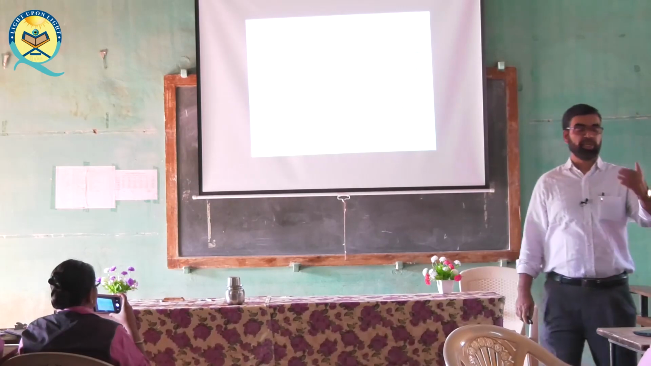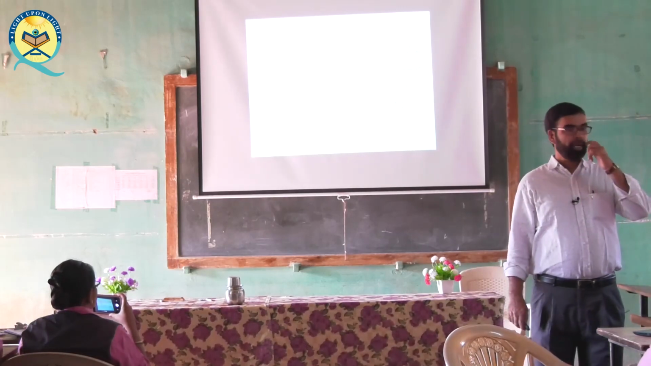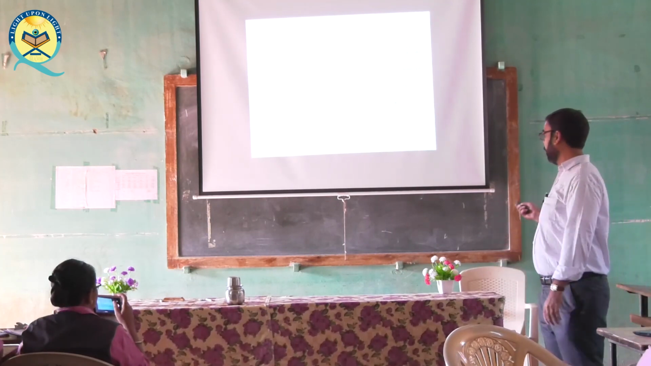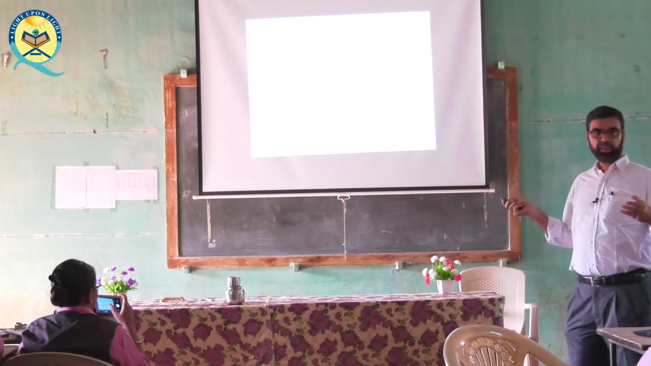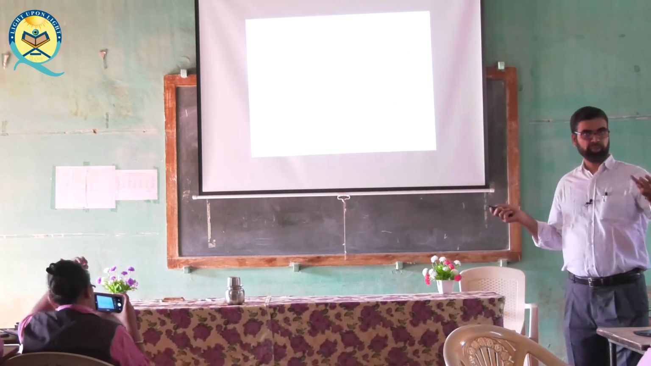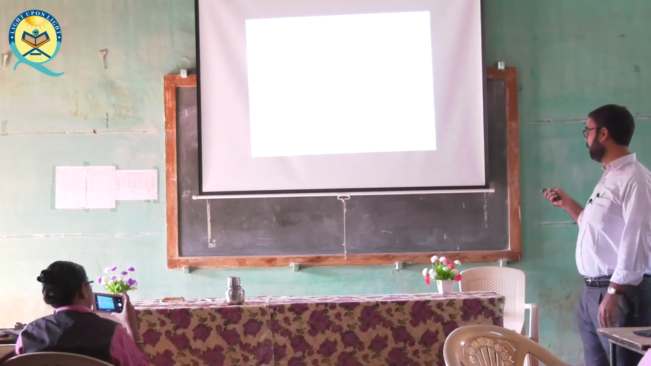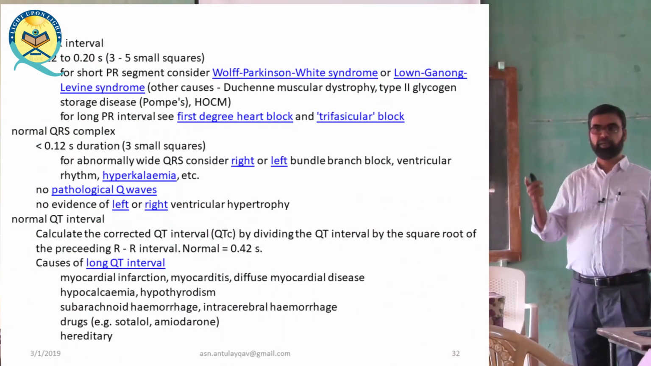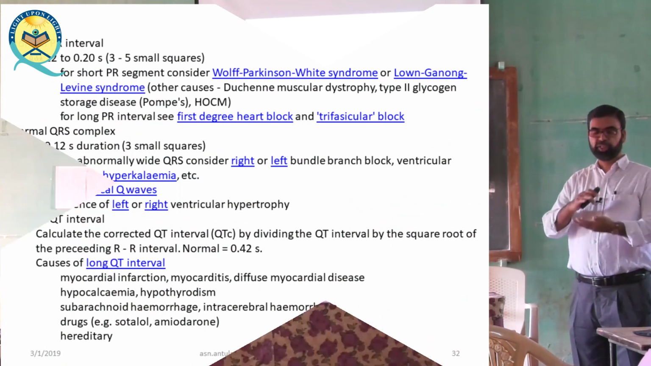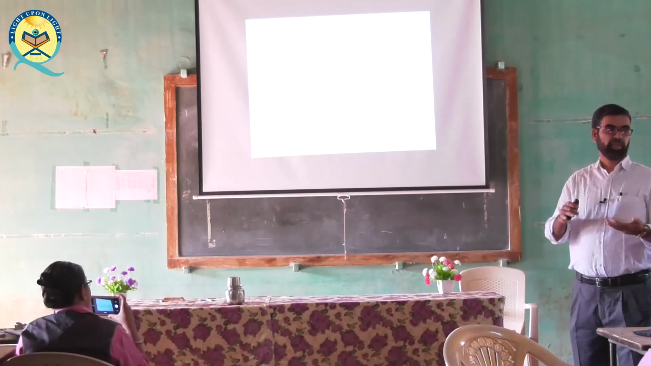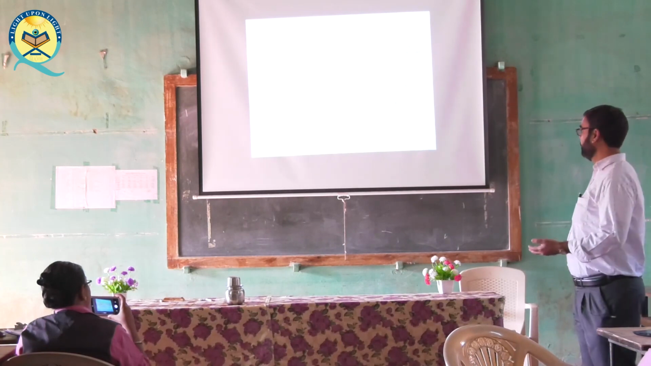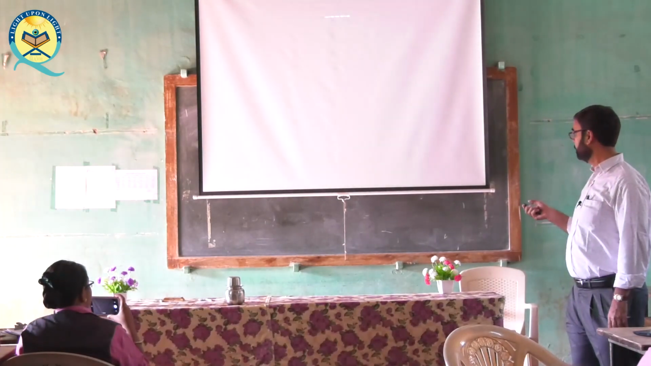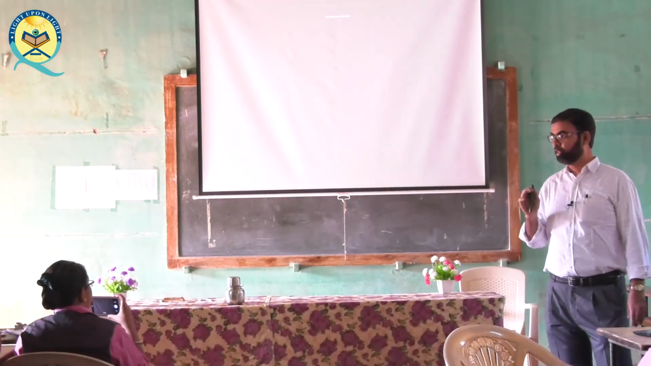The ST segment is depressed in IHD and elevated in myocardial infarction. Normal T waves, I told about it. T wave abnormality occurs in hyperkalemia. If it is peaked and big, then it is hyperkalemia. If it is flat, then it is hypokalemia. Here we finish, but before that I will